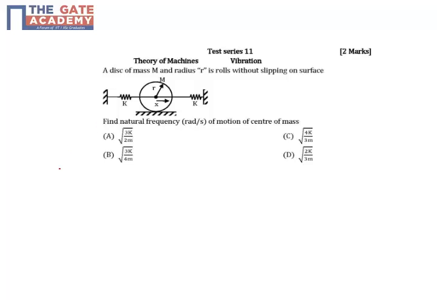Let's discuss a question from theory of machines basically. Okay, so now what we need to find out is the natural frequency. Remember that for theory of machines there are always two kinds of problems that come in the exam. Either to calculate the natural frequency, or if you have damping then just write down the differential equation of